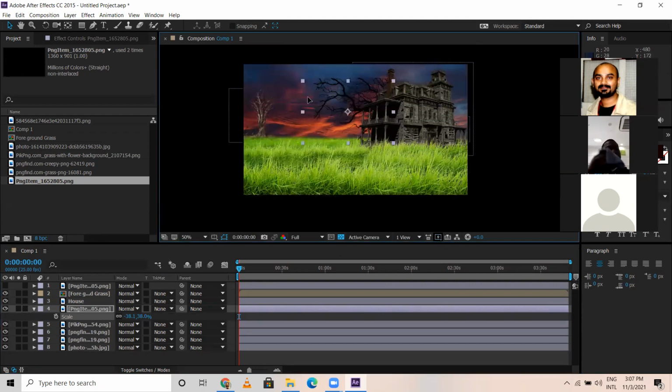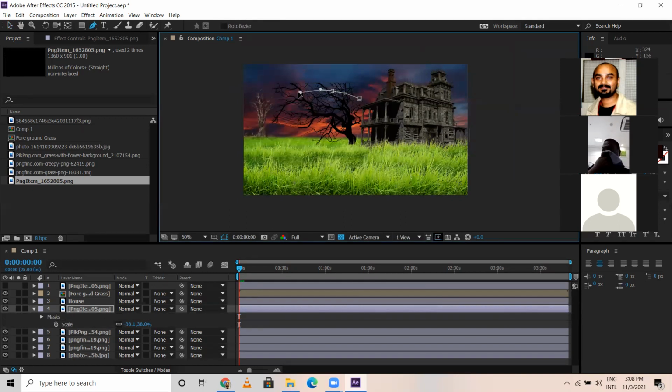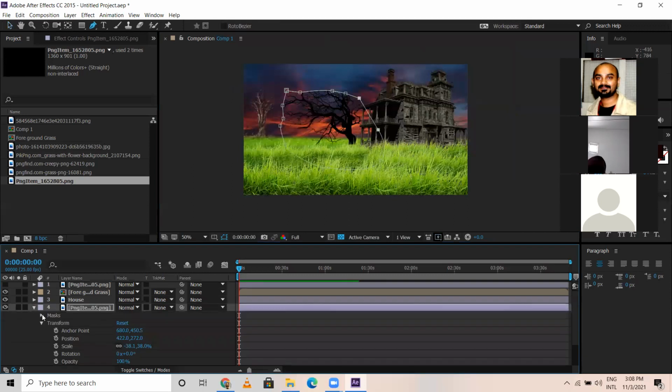Again, masking is required, seems to be a lot of masking required here. So simple, like this. After this, I would like to go under mask, feather. Let me increase the feather part.